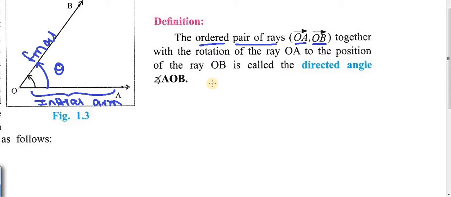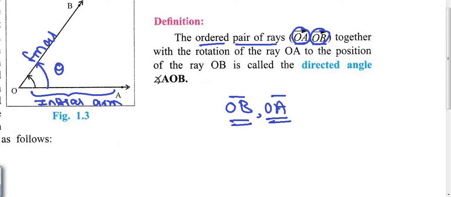जैसे कि हम लोग अपना नाम बताते हैं, like Sachin Ramesh Tendulkar. So Sachin has to come first, then is Ramesh. So this is known as the ordered pair. So in ordered pair, the order, the sequence of the two elements is very important. If OA is written first, then this is initial arm and OB is terminal arm. If we are going to write it like OB bar, comma OA bar, then OB bar will be the initial ray and OA bar is going to be the final ray.